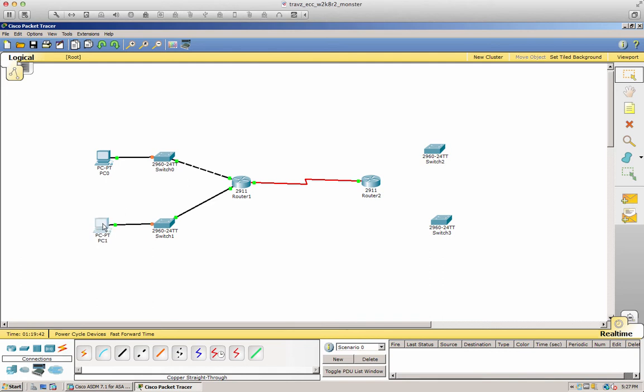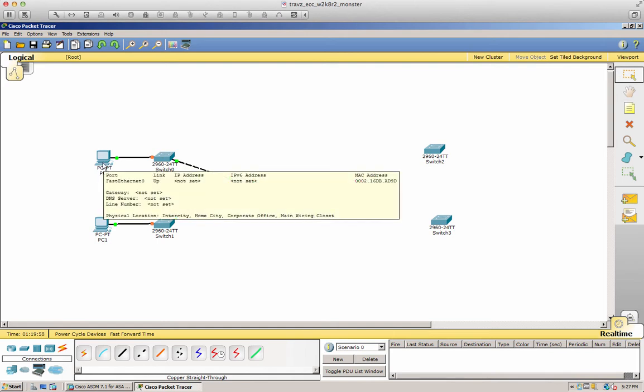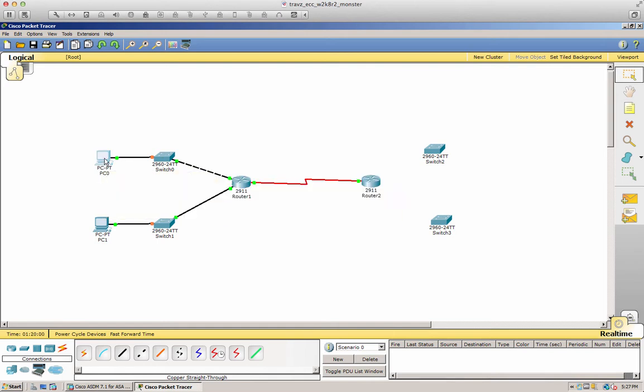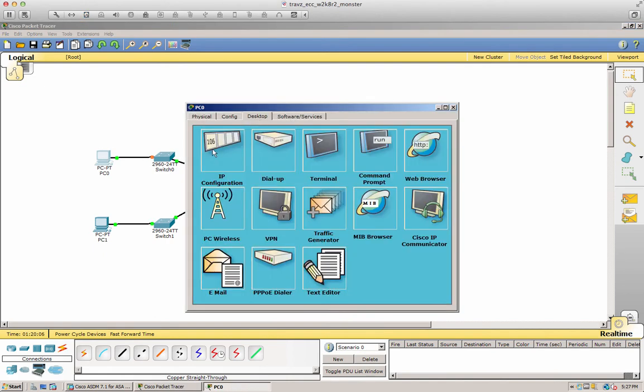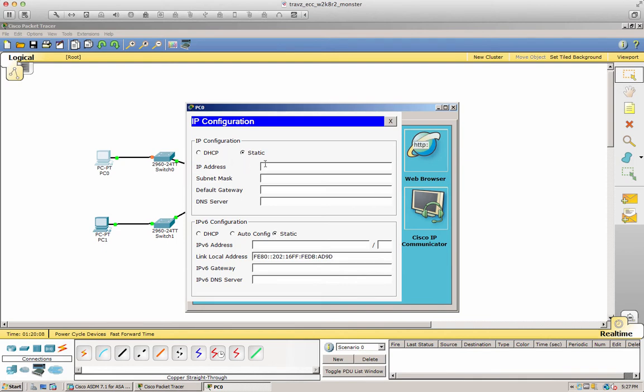All right, so my lines are a little off there. Try to straighten those guys out. Okay, so right now we have the orange lights, but that's okay because we know that spanning tree is going to converge, and we should get a green link light here. So while that's working, I'm going to come up here to the first PC, which we're going to go ahead and rename. Whoops, call that guy back up. We're going to rename this guy PC1, but before we do that, we're going to give him a static IP address. And so he's going to be